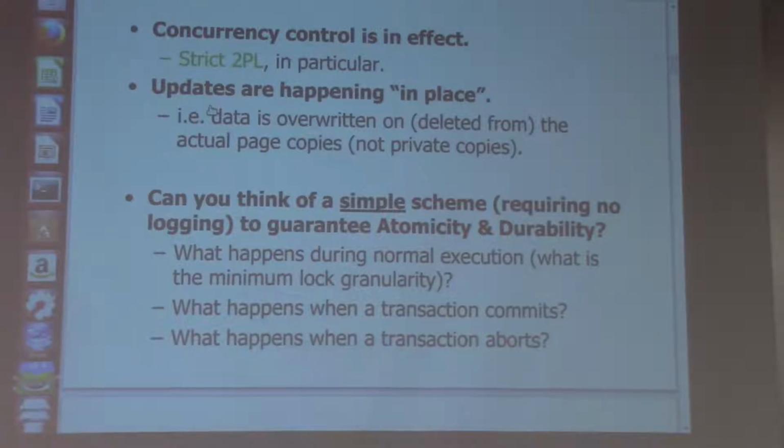Never return OK until you've written all the data pages this transaction has made to disk. And that obviously ensures what? That ensures durability, because once a transaction has committed, if you're using that particular scheme, you know for sure all the changes made by that transaction are